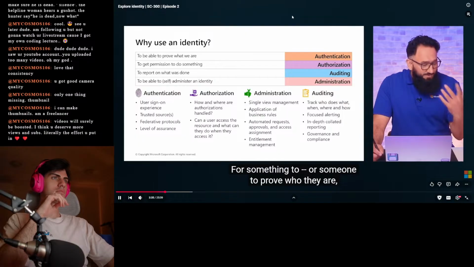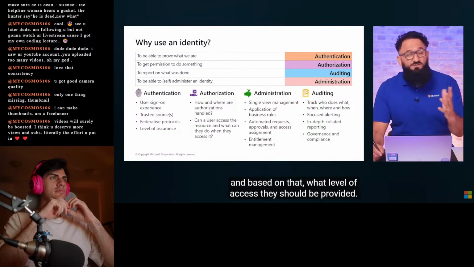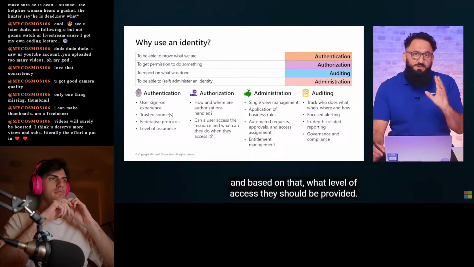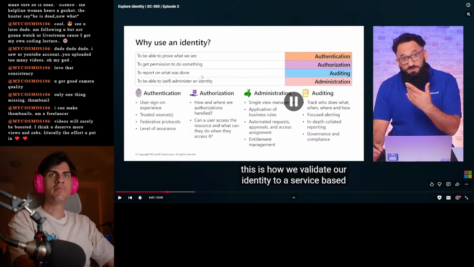For something or someone to prove who they are, and based on that, what level of access they should be provided. Now, talking about authentication, this is how we validate